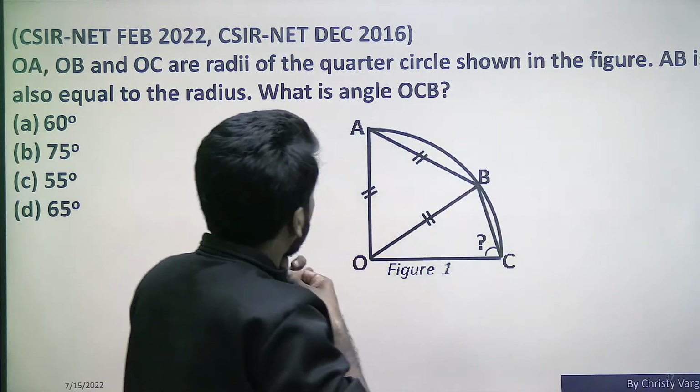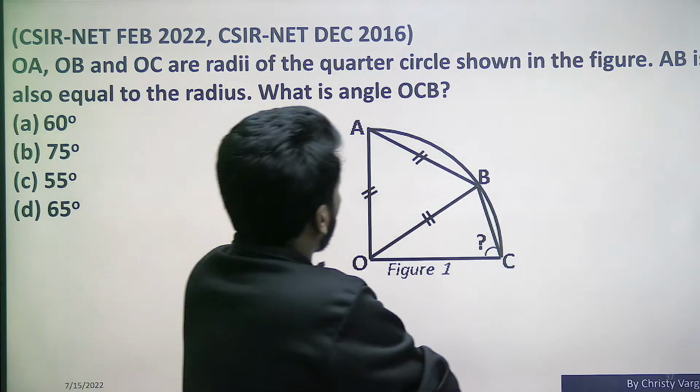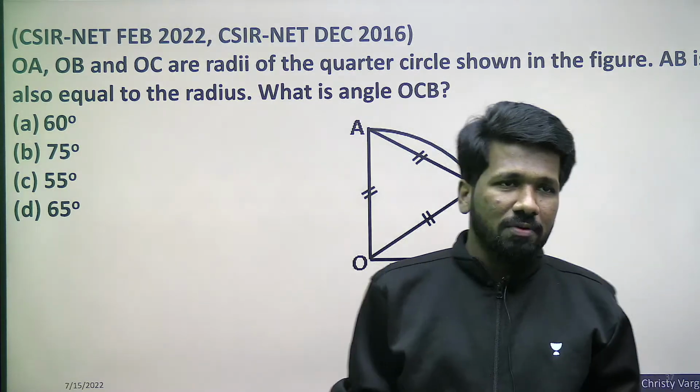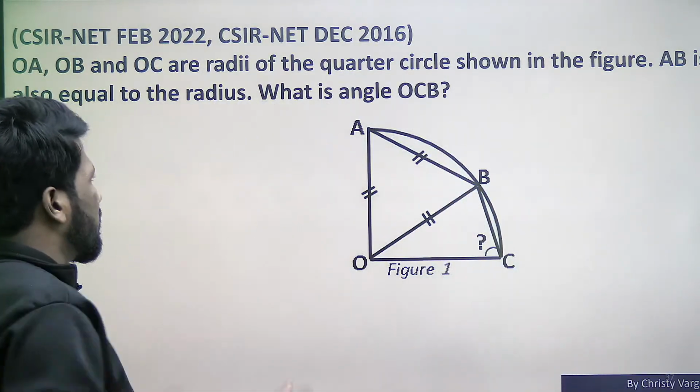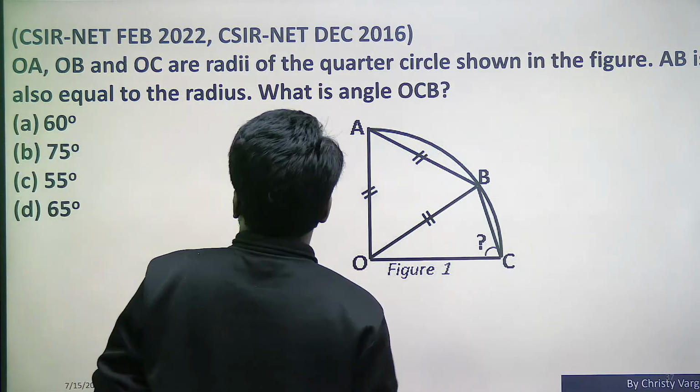OA, OB, OC are radii of the quarter circle shown in the figure. AB is also equal to the radius. What is the angle OCB? So here different aspects are coming. Very simple question only, but different small aspects you need to coordinate properly and answer. So first of all,